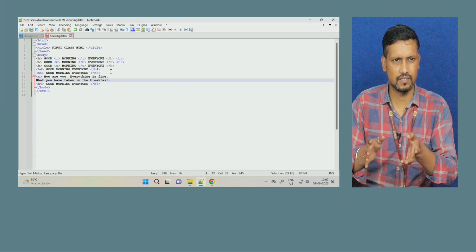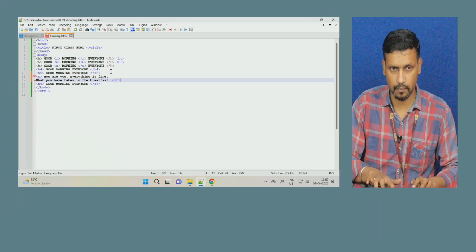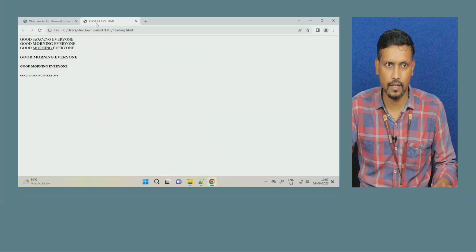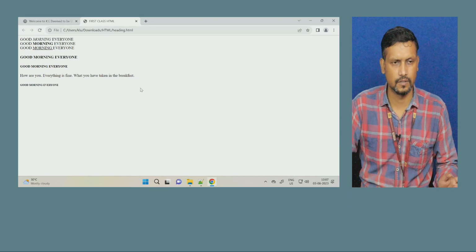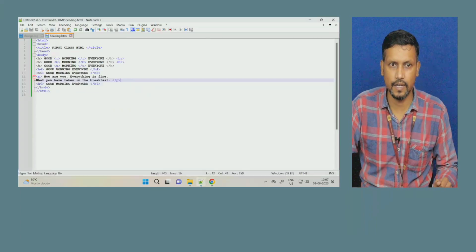Some lines, some text I have written in the paragraph, and then I will close the paragraph. Now I will save it by Ctrl S. I will go to my browser, I will refresh it. You can see here all the things are written, but the difference you can see in the coding I have written